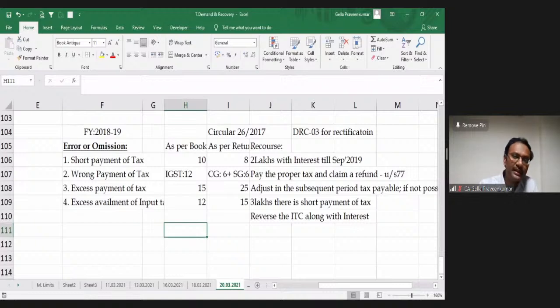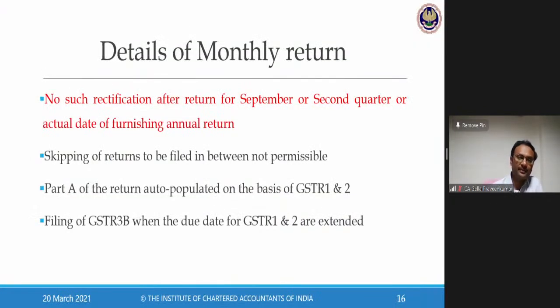Now, these are the common errors which we come across where my GSTR 3B comes and rescues me in terms of taking care of these issues. Skipping of returns. Now, the provision says, if you have to file the September return, unless you file the August return, I'll not allow you to file September. I don't let you pick and choose. I'll file for April, July, August, then October. I cannot allow you to pick and choose which return to be filed. I'll allow only if the last month's return is filed. This month's return, I'll not permit.